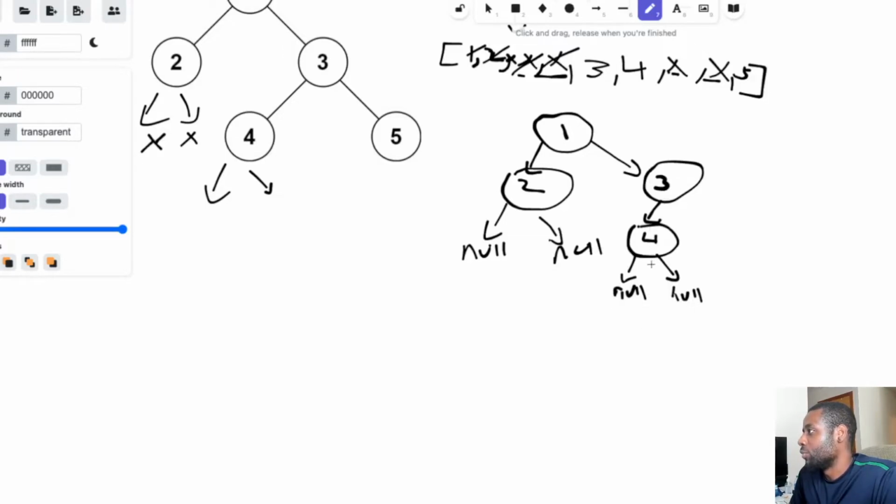So now we just go to 5, which resides on the right side of 3, because the children of 4 are null. 5 can't belong to any of them because they're null, guys.